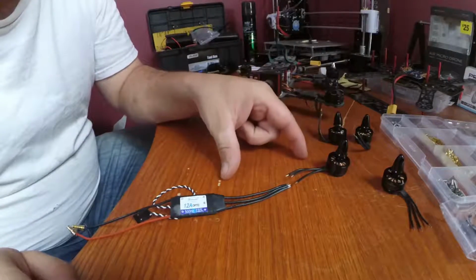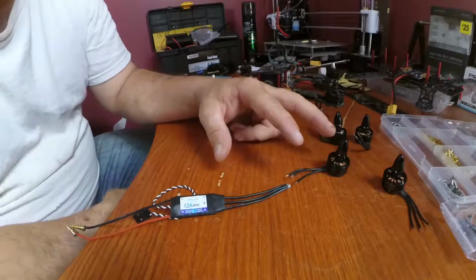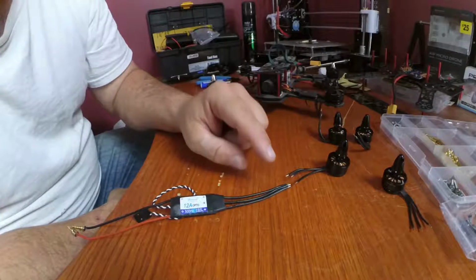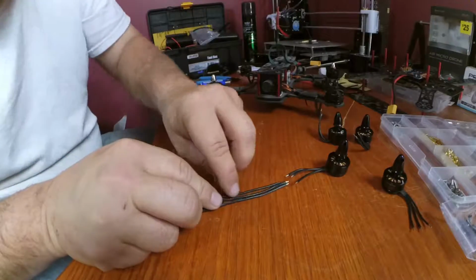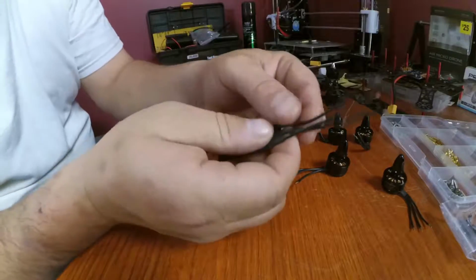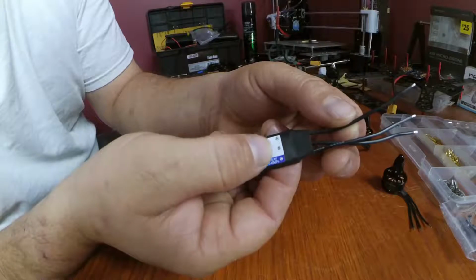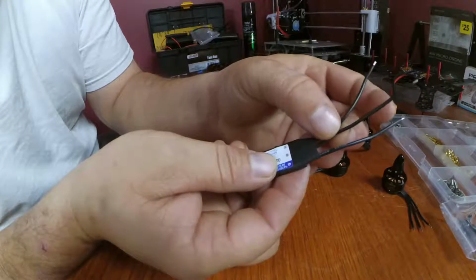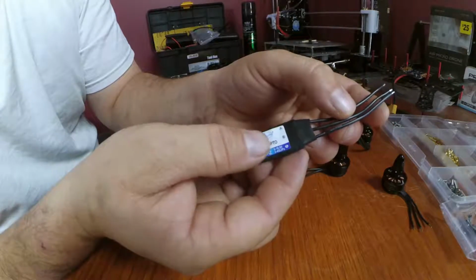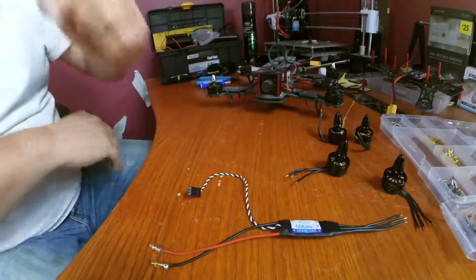Once we determine what direction it's spinning, in other words, we can do two motors wired up directly like this, and then we need to wire up the other two motors with one of these wires swapped, like ABC. We would swap, it would be BAC or ACB, or something like that. I'm confusing myself, but